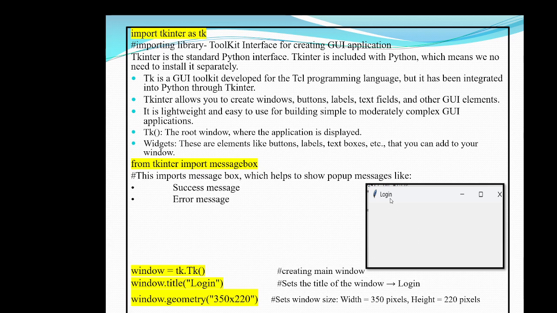So if I type these five lines of code, that is import library, then import messagebox module, and then using this method, I have created all these things, and this is how I'm going to get the window. A window is created with a title called Login, and geometry talks about the size of the window.